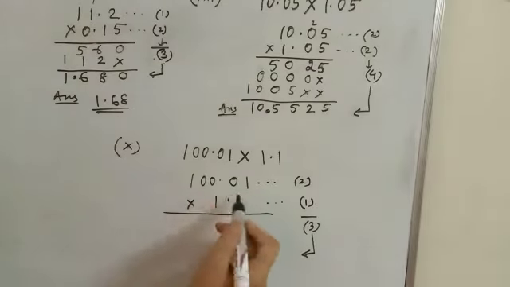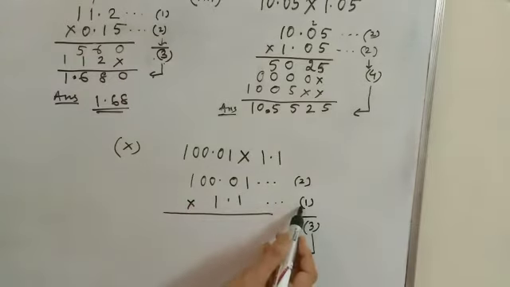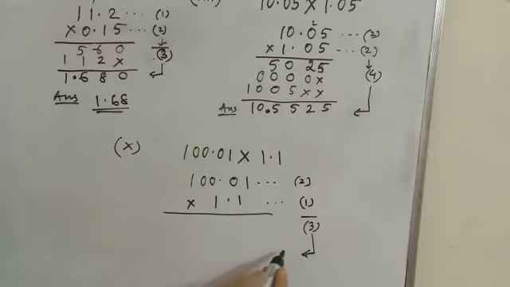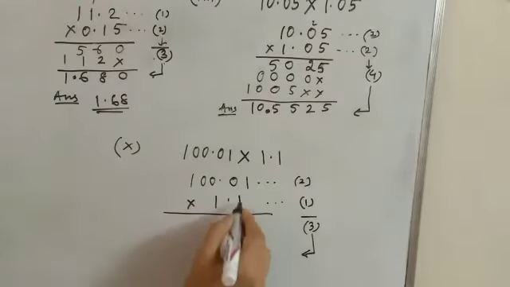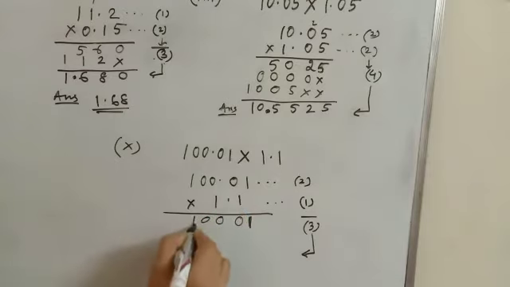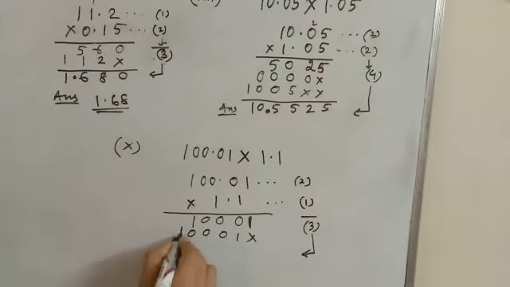Now you write, and as it is 2 places of decimal, you have written 2. If it is 1 place of decimal, you have written 1. 2 and 1 equal to 3. The result of the addition is 3, so after 3 places of decimal, you will put the point. So if you multiply this by 1, then 1 1 0 0 0 1, into again by 1, 1 1 0 0 0 1.